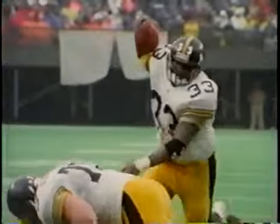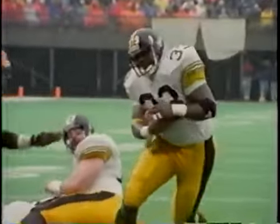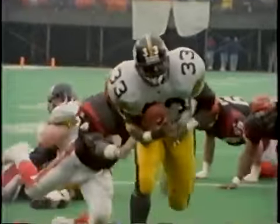With Foster and Morris each gaining over 800 yards, Pittsburgh led the NFL in rushing offense. And on a Monday night in Week 5, the Steelers' running machine steamrolled the Oilers. Foster barreled for more than 100 of the Steelers' 215 rushing yards, and Bam Morris put the finishing touches on